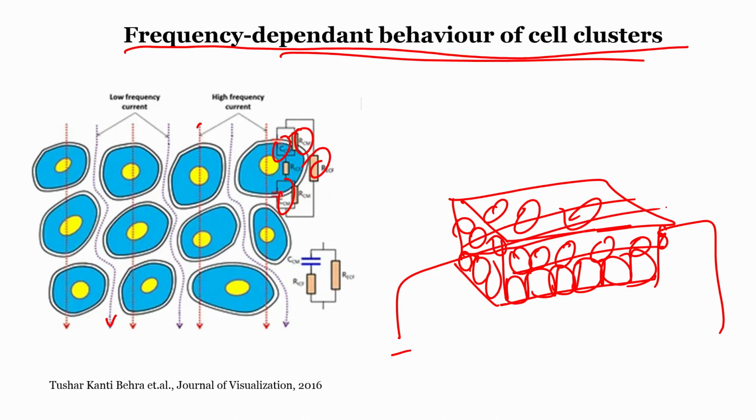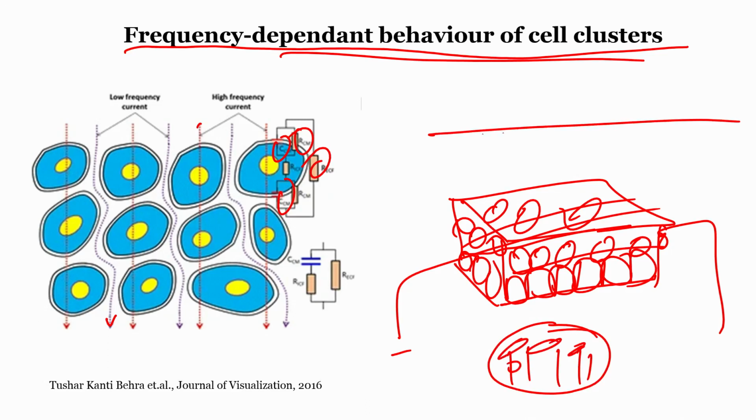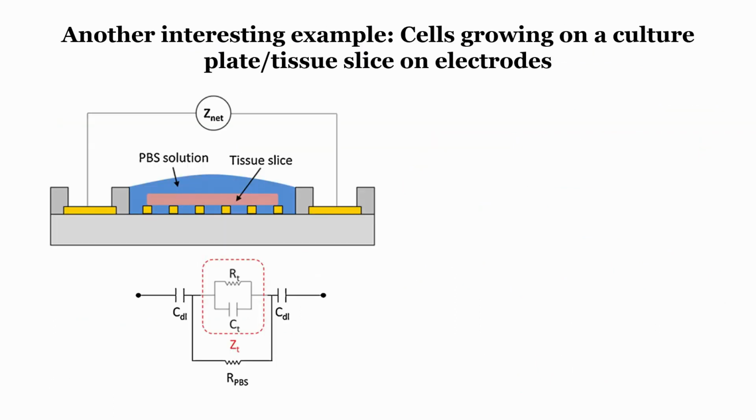Now, imagine that we have a plate where cells are grown, a 2D plate, and we have electrodes below it, and it is a single monolayer of cells that are growing. It is like a surface where only one layer of cells is growing like this, nucleus, and these are electrodes. How do we model that? That is what is modeled in this model. This is from Professor Pandya's published paper. We can share the link to that paper, you can go check it out.